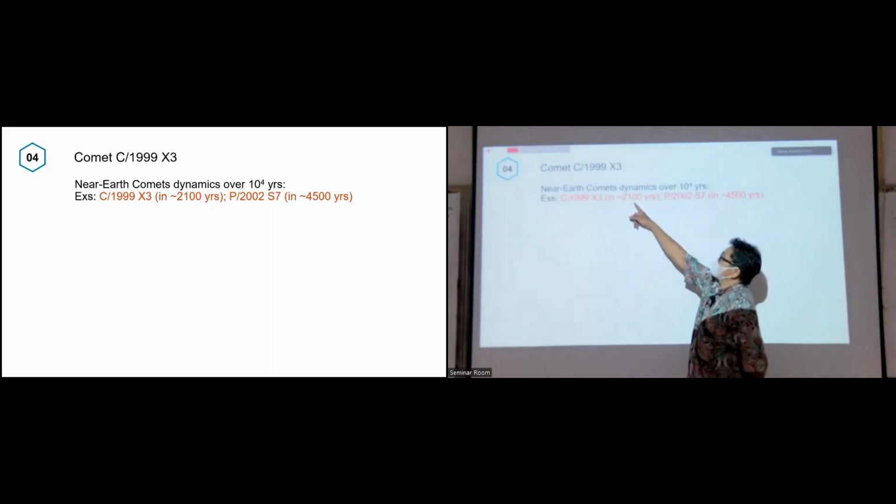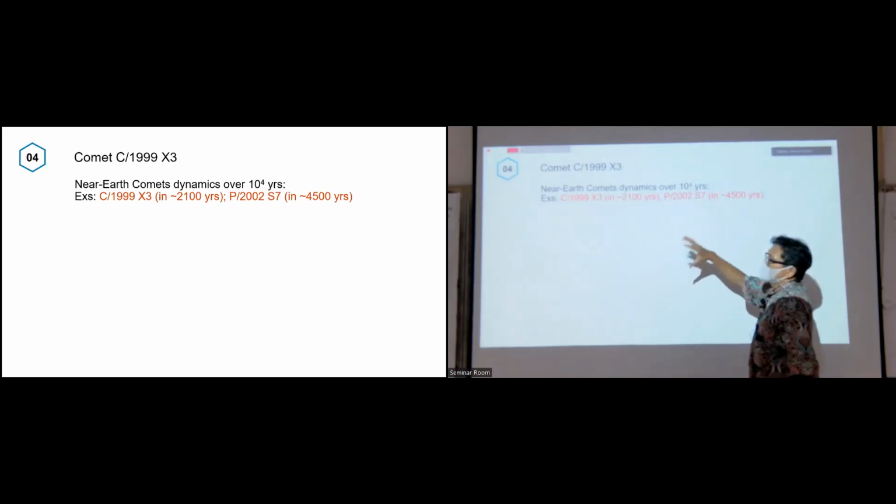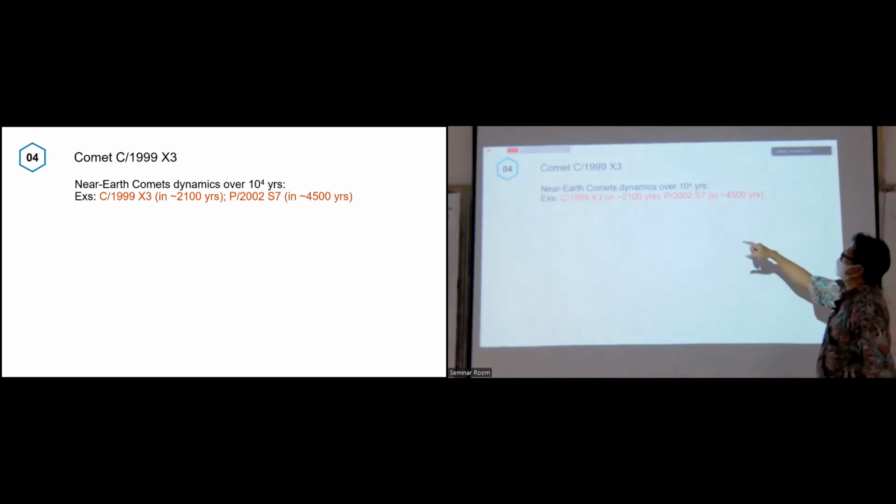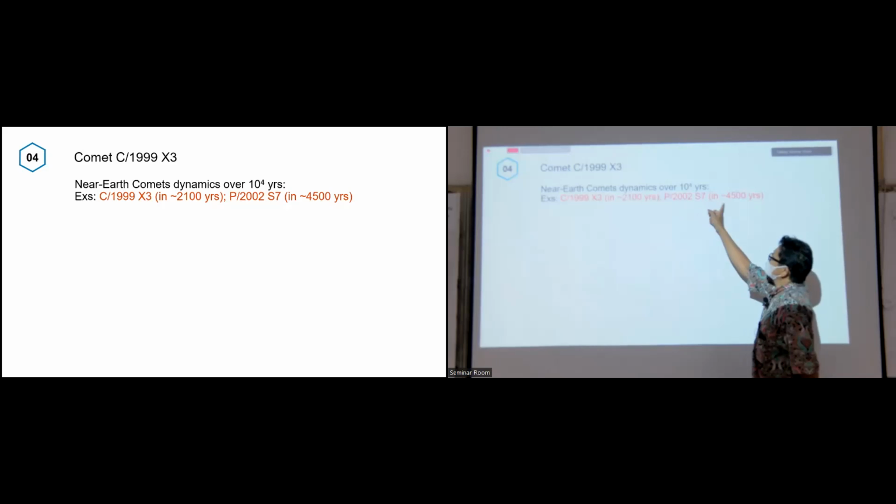Probably in 2,000 years from now, the orbit will change, and also for other objects. This is for example. How do we know?